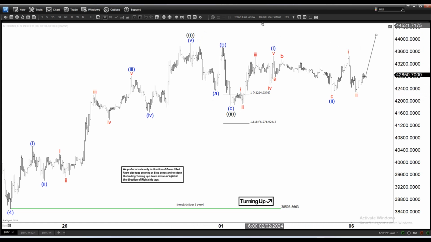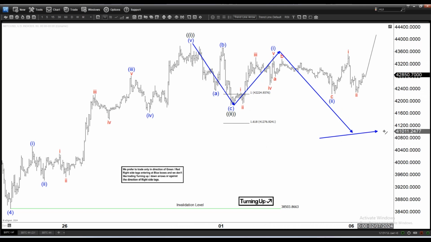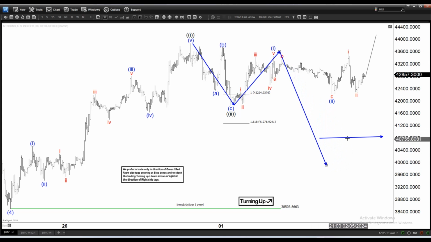And there is always an alternate path that we do a double correction, which should look something like this, a bigger 3 swing down. But if it does happen, the idea is that because this one is not an impulse, it is less likely that this is being counted as 1, 2, 3 with a very extended 3, because that's basically what Elliott Wave says. 3 is the strongest, longest, 161.8 extension. It is less likely to be a wave 3 down and break below 1.618, because this one subdivides into 3 waves.